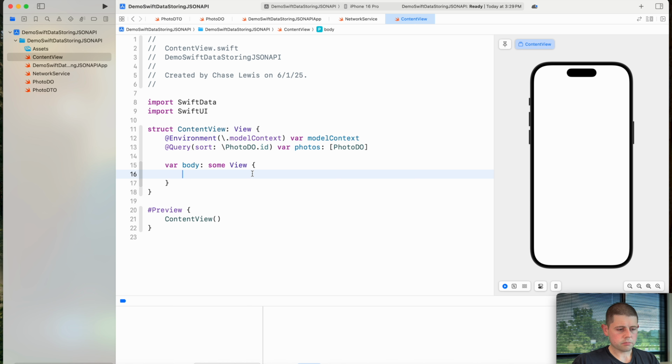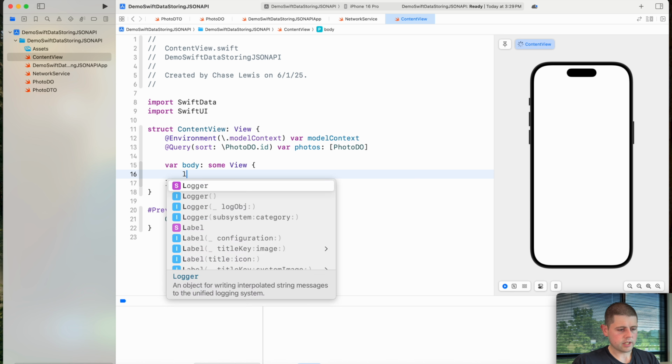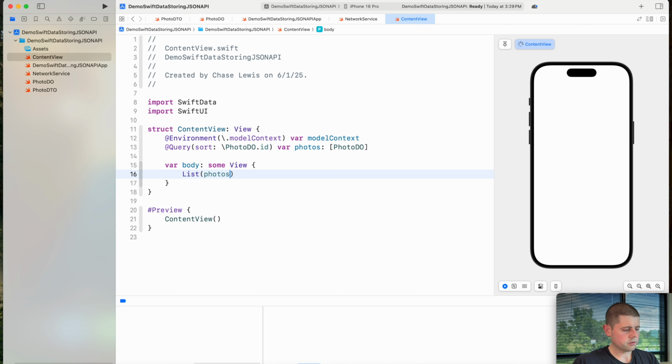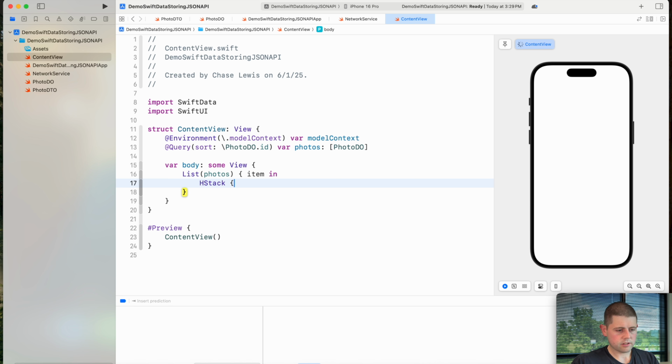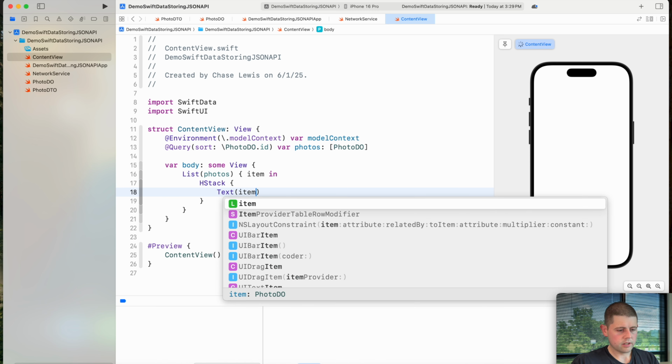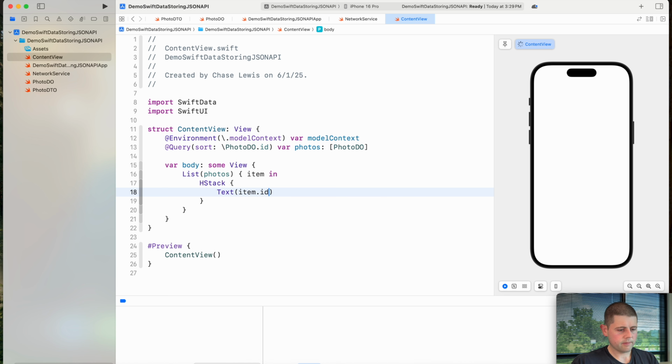So now that we've got those parameters out of the way, let's create a list based on all those photos, and then we will say that we have our photo item, and we'll pass that into the list, and inside of here we will create an HStack, and this HStack will take our item.id, and since that is an integer we will tell it that we want to format it as a number,